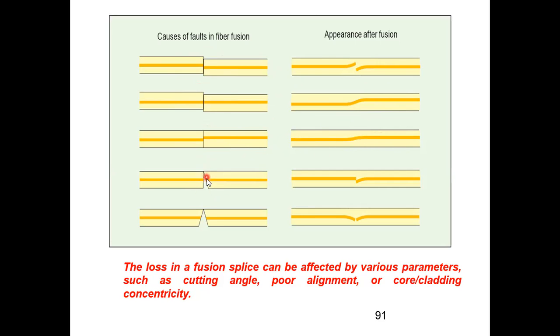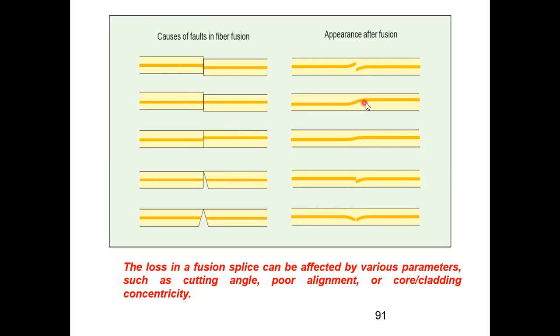If the edge is not properly cut, here you can see your total discontinuity will be there. Same thing appears over here. Okay, so a little bit of alignment problem of the core. Here there is a complete cut because the core is totally one on top, one below. So light, after it reaches this end, will be totally lost.